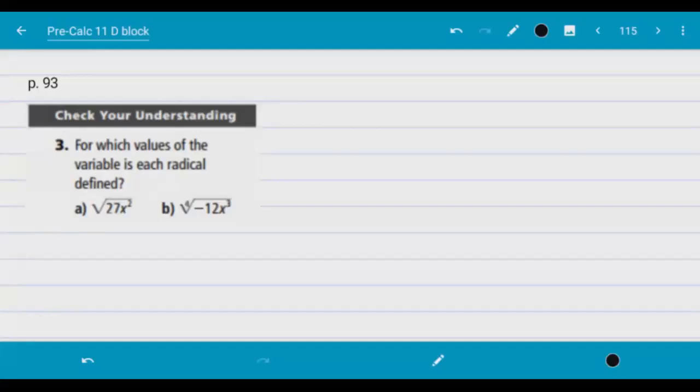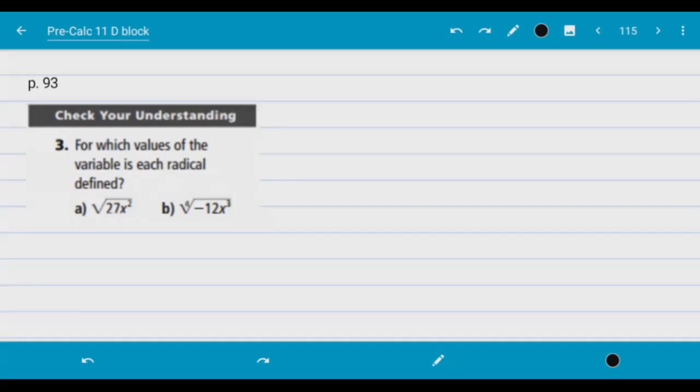Now guys, since we have a variable here, you have to be careful, because you have to ask yourself, there are certain values of the variable that may or may not make the expression defined. Meaning, in this example, the square root of 27x squared would always be valid, whatever your x is. So think of it this way. I usually tell kids when there is a variable inside the radical and you're being asked for what values of the variable the radical is defined,